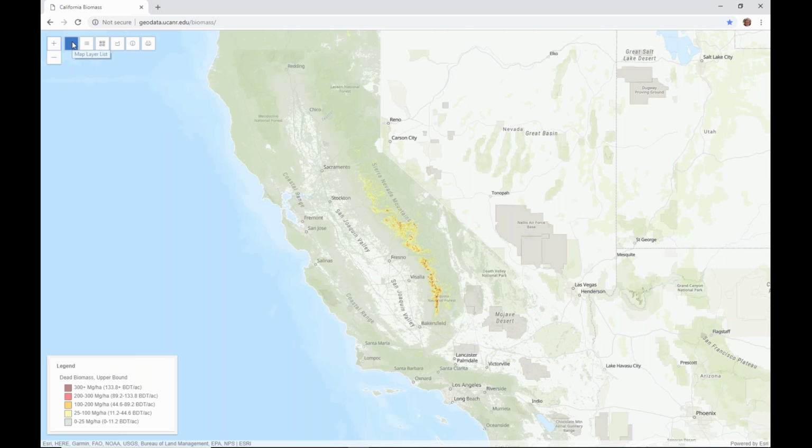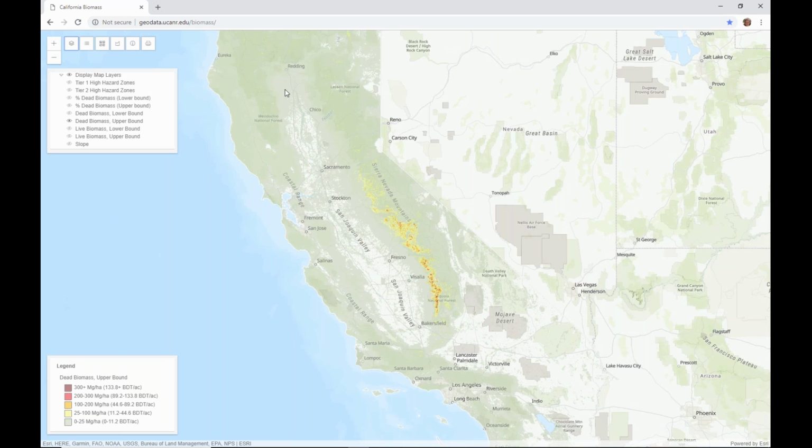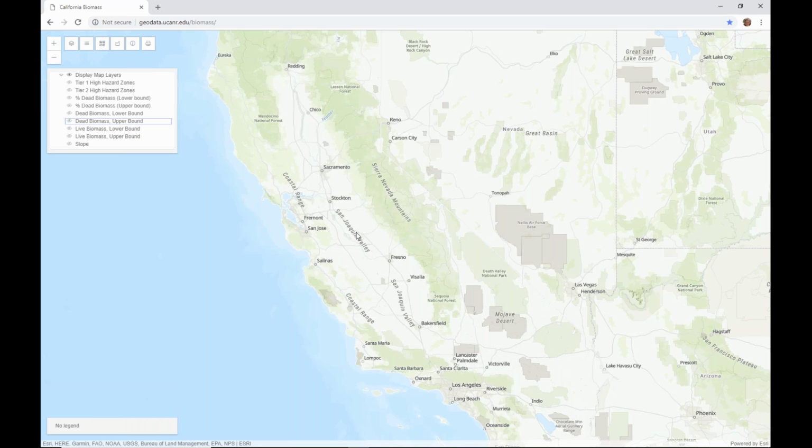Next, we have the layer list. So by default, when you go to the website, the only layer that's showing is dead biomass upper bound estimates, which is why this box is checked, this little eyeball symbol. If I uncheck that, dead biomass will go away.